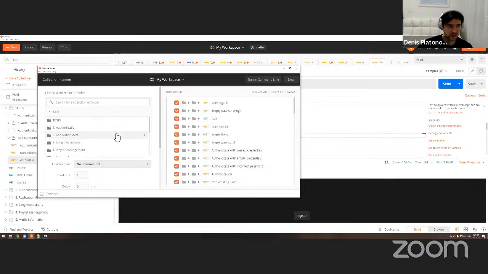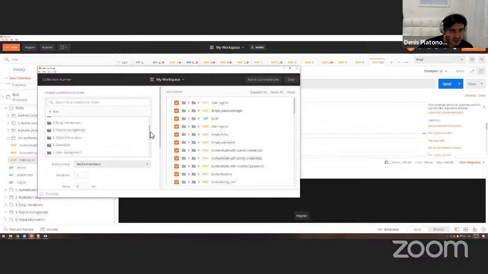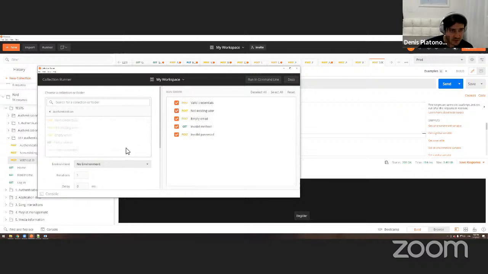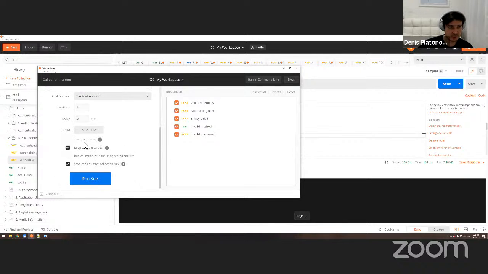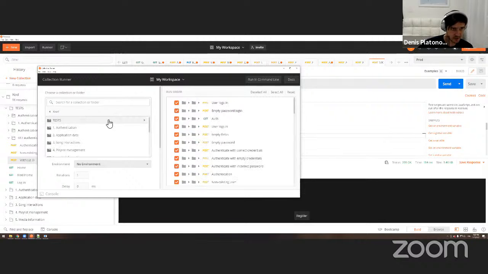So you click, you just need to select what you want to run in here, which is not this, but what was the test cases authentication? Hold on, that's not where we are. It should be tests. No, it's tests. Okay. B17.